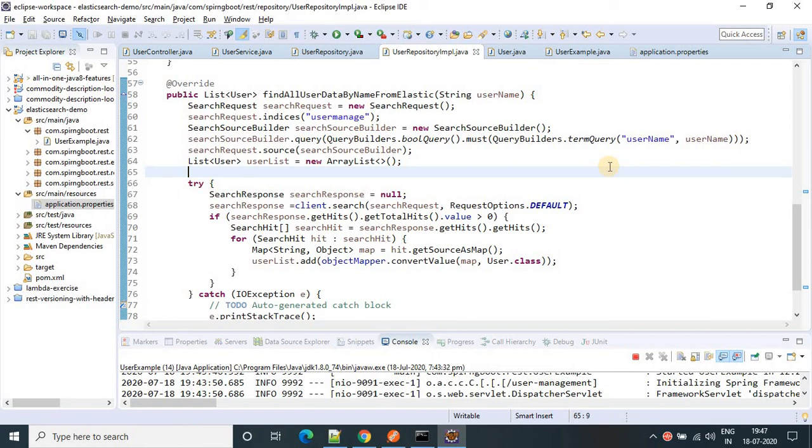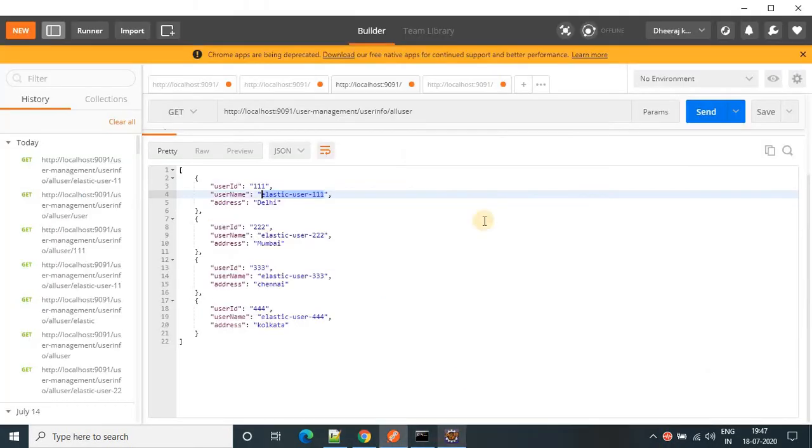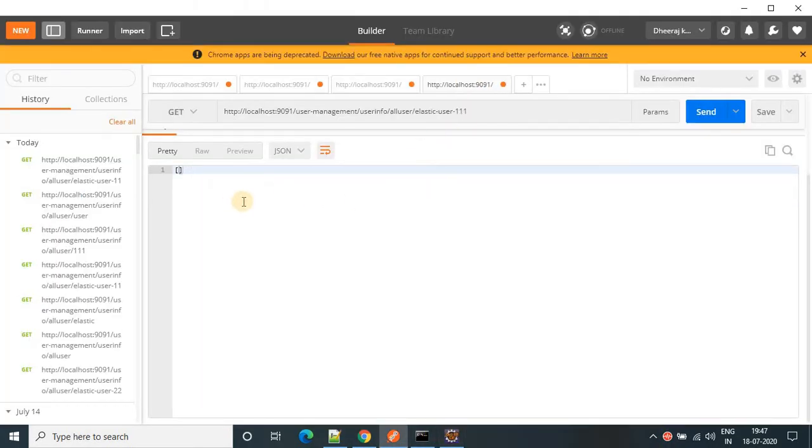There are two kinds of search in Elasticsearch, based on which it searches the data. First is analyze search, and second is keyword search. If analyze search is used, then we will not get any data here.